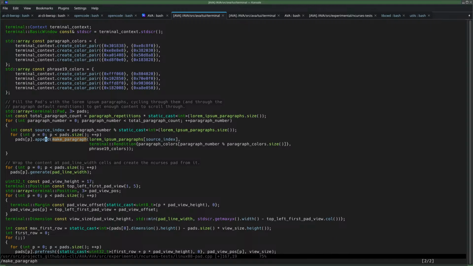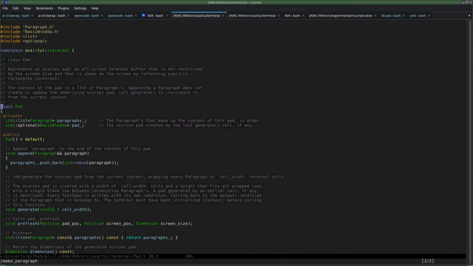Did I make a copy then? Pads. So terminal. Oh yeah, a pad consists of a list of paragraphs. Okay, so this now becomes... Might as well make a vector of it now. I think I used the list because